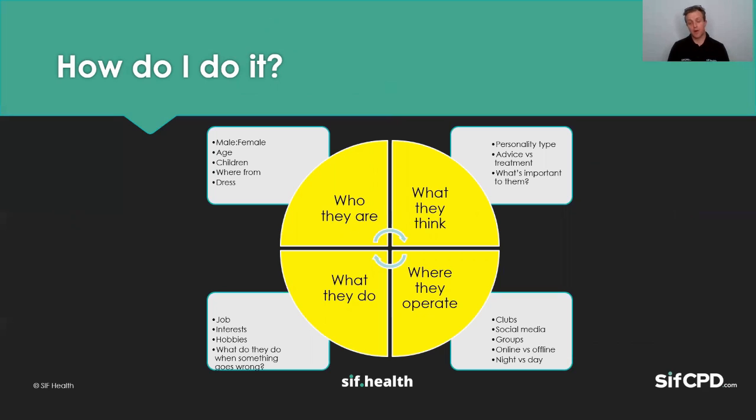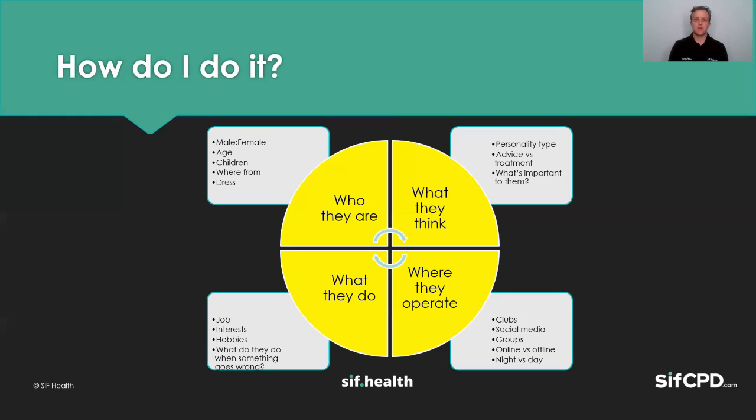For each customer profile, what we've found works really well with people is to challenge yourself to get an A4 sheet of paper or metaphorical paper, online, Word, Google Sheets, whatever it might be. Give it a name and then start going into as much detail as you can. Who are they? What's their gender? Does it matter if they're male, female, age bracket? Do they have any children? Where are they from? Where do they live now? How do they dress? Where would they shop? Where would they buy their clothes?